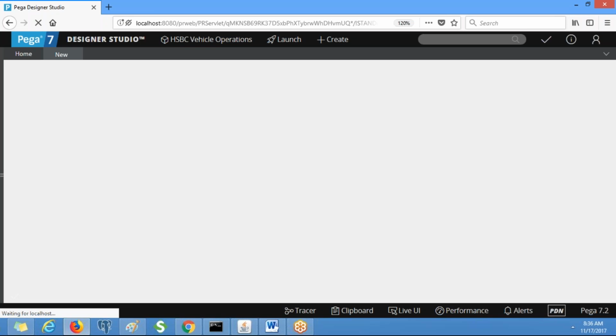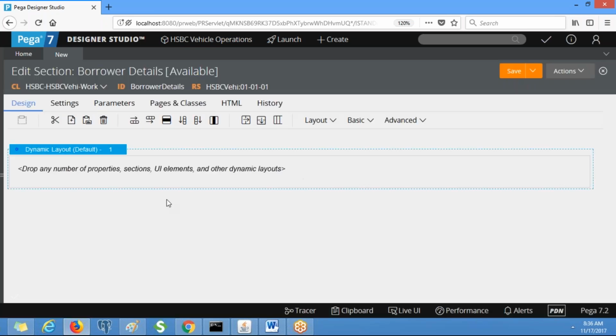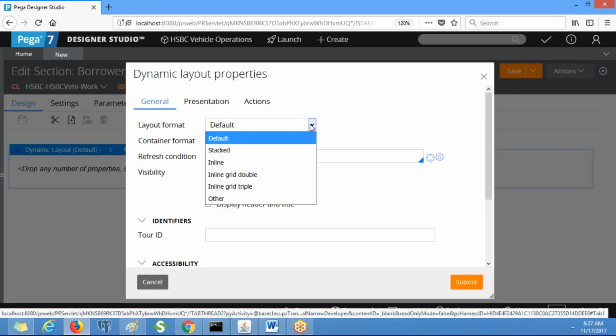The label name is borrower details. Here I am using the layout format as inline grid double.